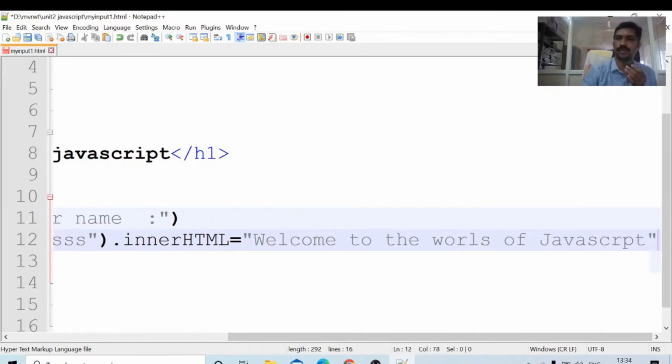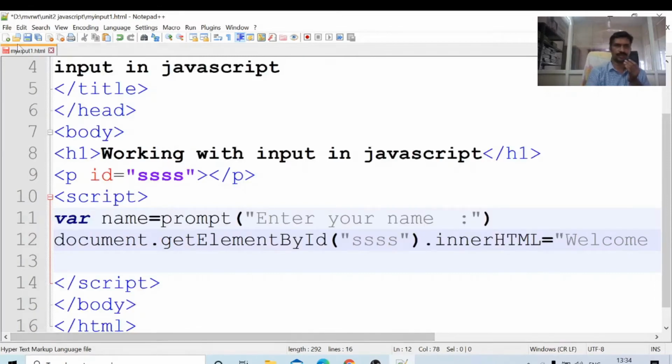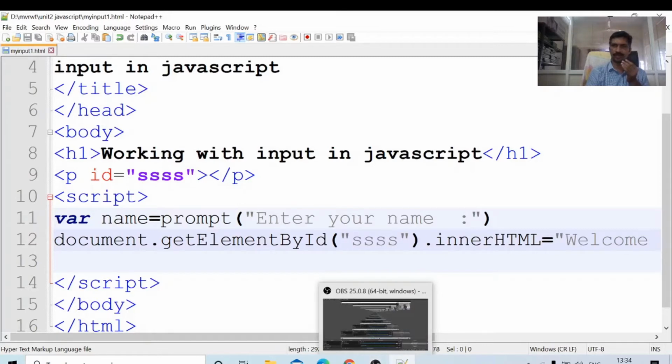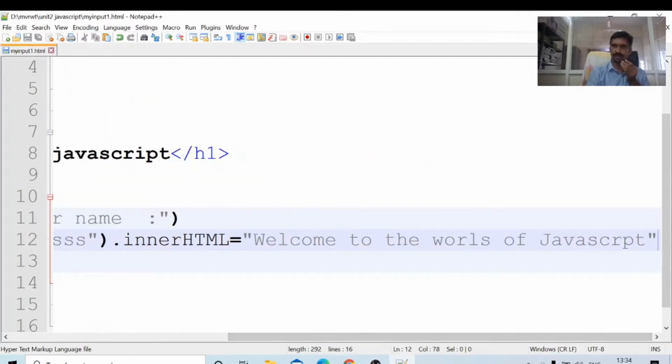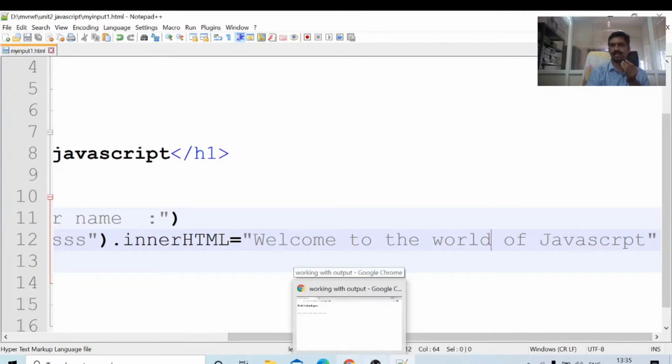Welcome to the world of JavaScript. Just up to now here we will see, later some modification, we will see that modification later. This is document dot write, whatever we have given: welcome to the world of JavaScript. Is it running or not? We will see here now. Just how to run this one.